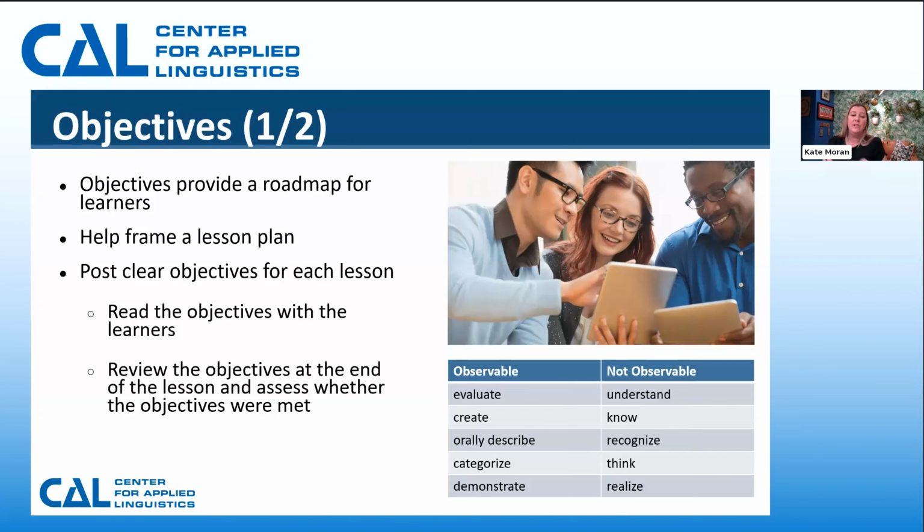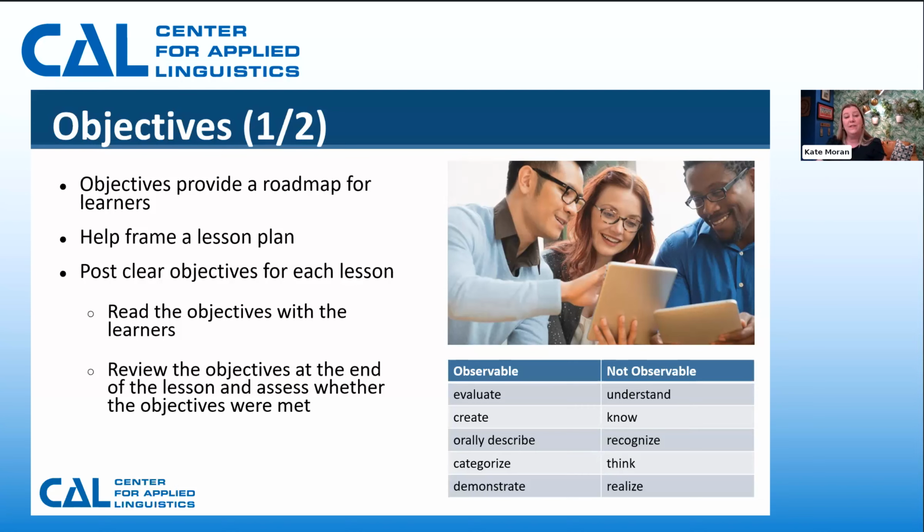And then you want to review the objectives again as a whole class at the end of the lesson to assess whether or not you met them. So objectives, sort of like SMART goals, need to be measurable and observable and also action-oriented. They can be based on the standards that you're using, whether you're using state standards or the OCTAE standards. Your objectives should be clear and written in language that your students can understand. And they should also be clearly supported by class activities.